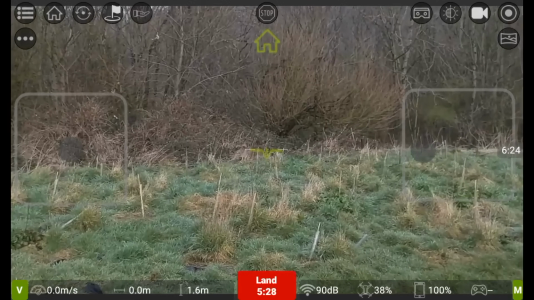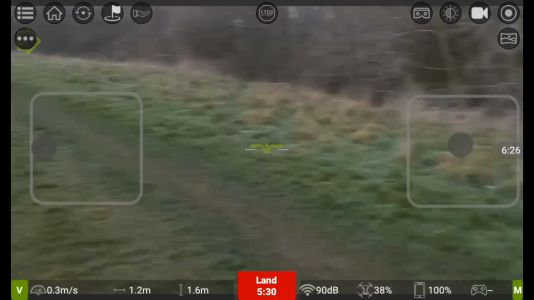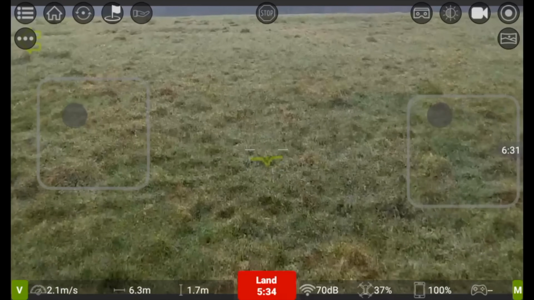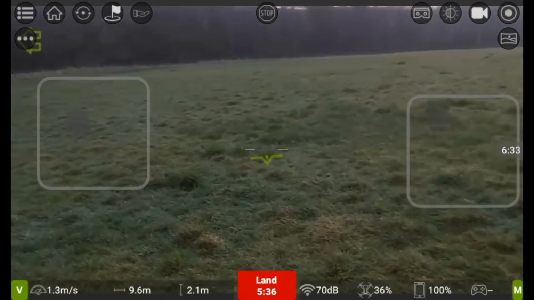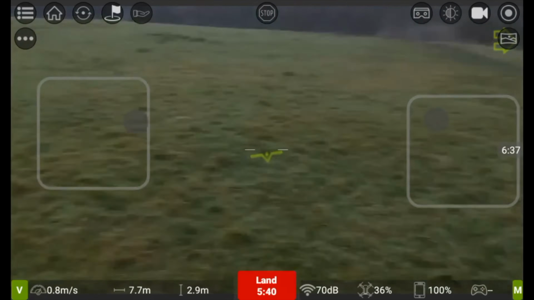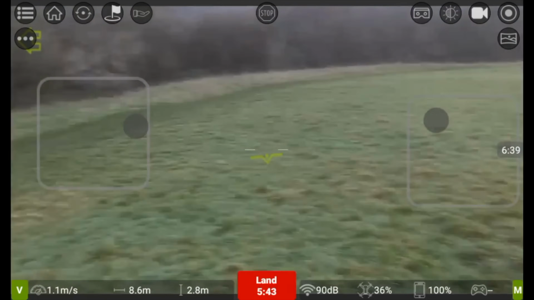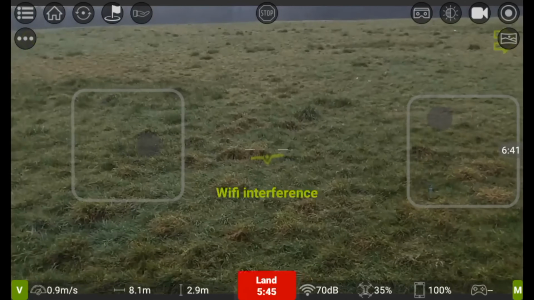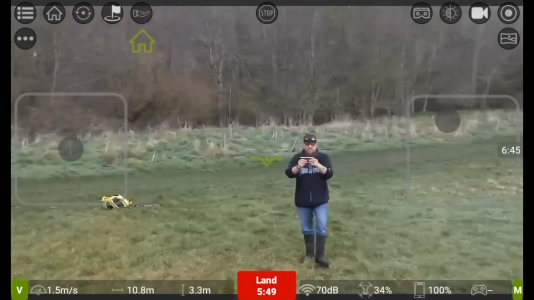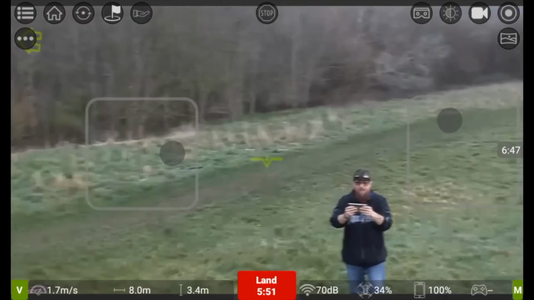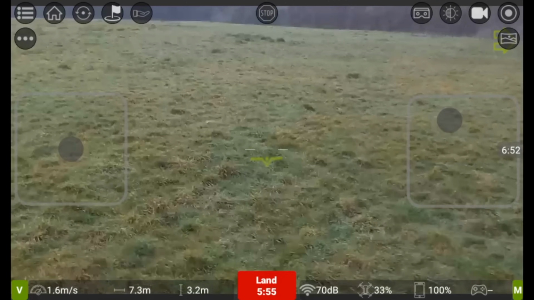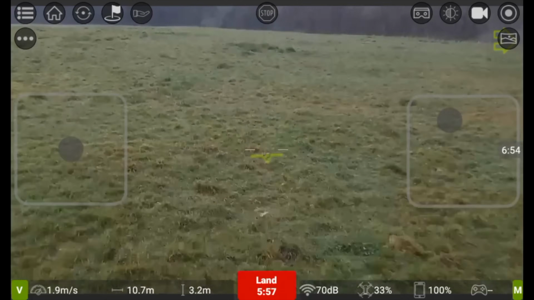So what I'm going to do is try that again and see what our results are from that. So let's zoom forward a bit. Flying on this is lovely because you've got those great big squares, and it just makes it so easy to actually just control properly. Oh, now we've got 70 decibels. Okay, brilliant. So there we are. We have got a decibel limit change. So let's take her out and see what the decibel limit changes to. So 70,